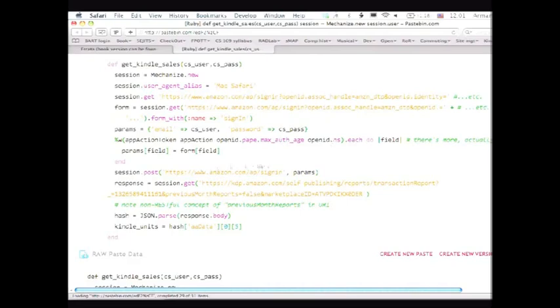Then I do another post. Then I have to do a get. Then I have to do some other garbage that involves parsing some JSON. And finally, I have to dereference this ridiculous-looking JSON hash to find the one number I care about, which is how many copies of the book were sold. OK, what's the moral of the story here? There are 1, 2, 3, 4, 5, 6 separate operations between the client and the web server going on in this example. As far as I can tell, after hours of investigation, this is the only way to get one piece